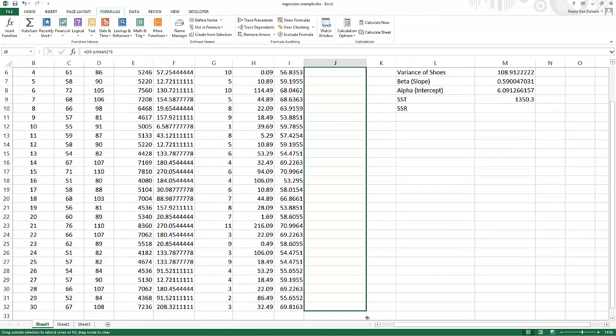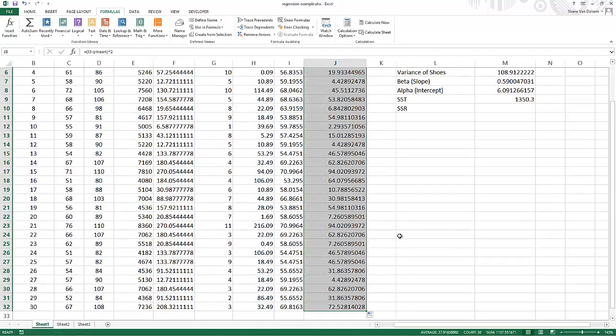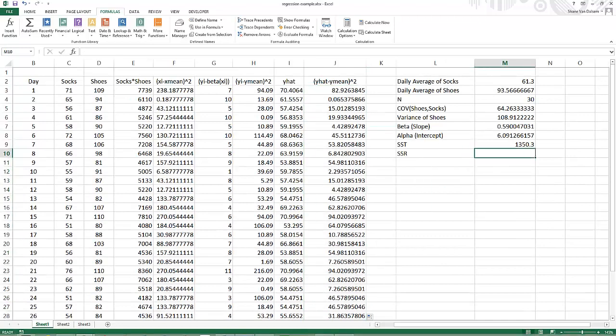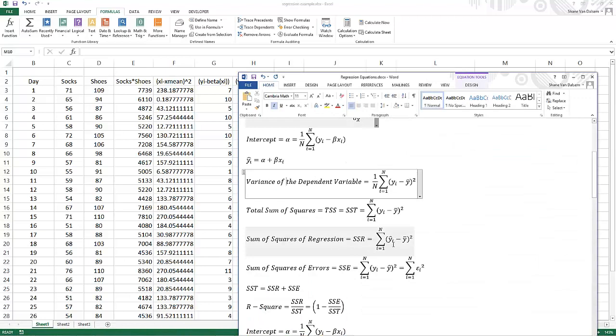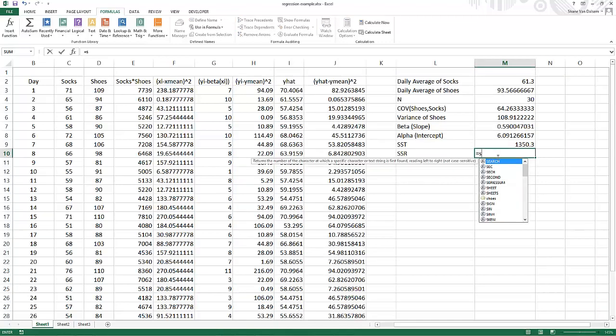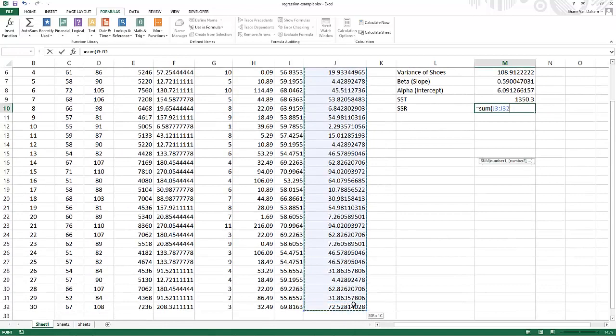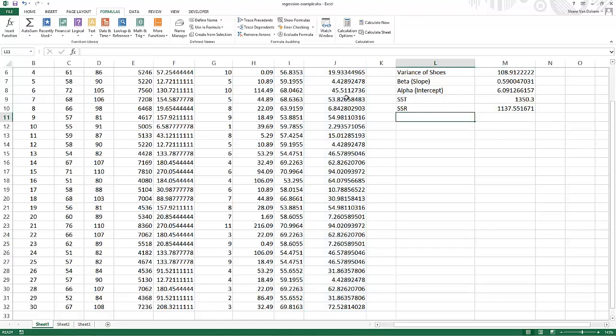Pull that down all the way. And so my SSR, again, is going to be equal to the sum of y hat for each observation minus the y mean squared. And that's 1137.55. And then we can also calculate the SSE, the sum of the squared errors,